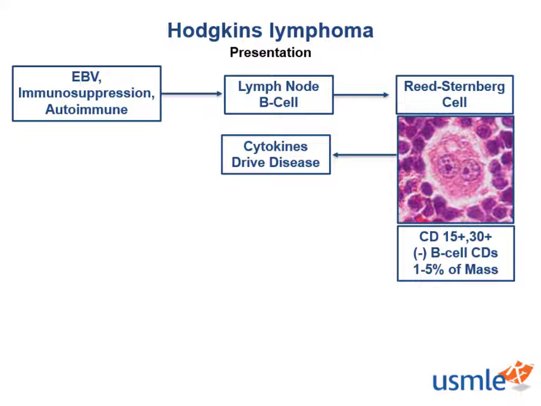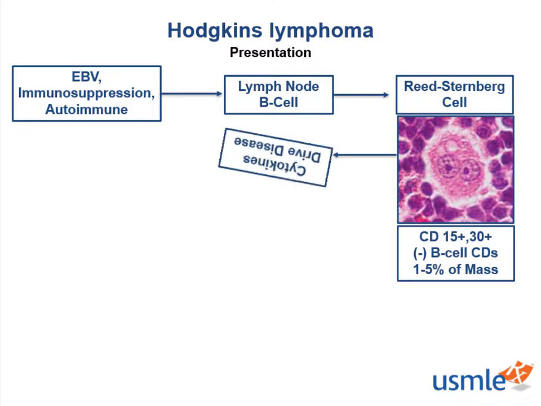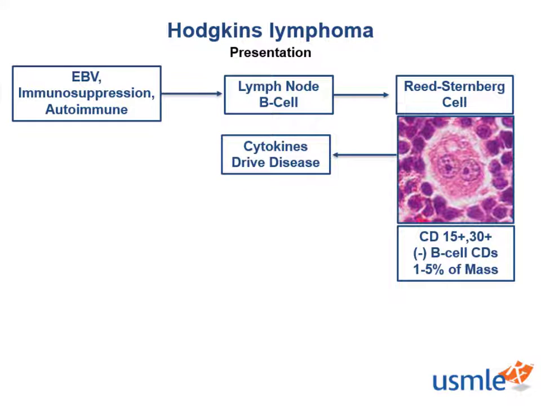Revisiting our flow diagram, let's now discuss the clinical presentation of Hodgkin's lymphoma. The key point is to realize that Reed-Sternberg cells make up only 1 to 5% of the malignant mass, meaning that the cytokines those Reed-Sternberg cells produce drive the disease in its entirety. Cytokines recruit non-neoplastic, yes, non-neoplastic or normal B cells, plasma cells, T cells, fibroblasts, macrophages, and eosinophils to the lymph